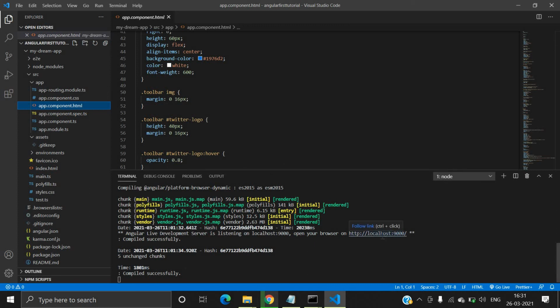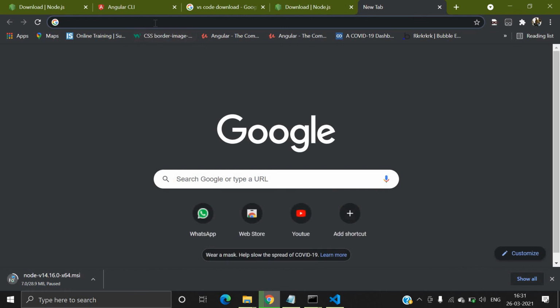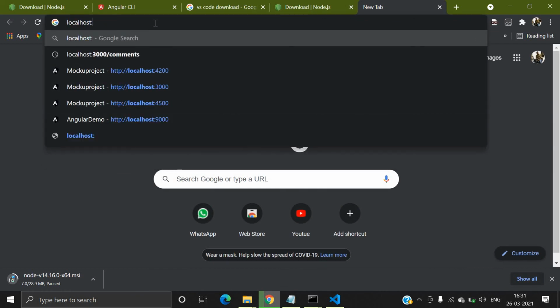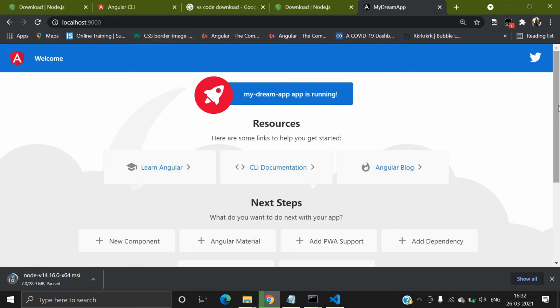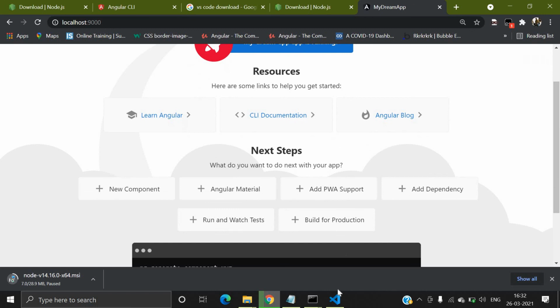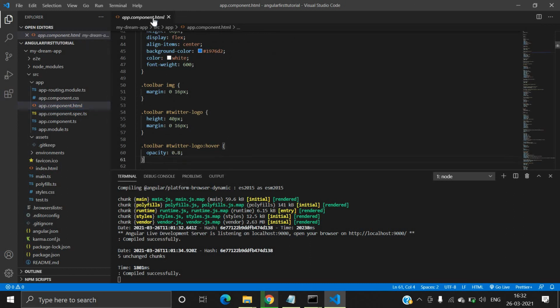We will go to localhost 9000. Now here see, this is the user interface of the official Angular page. So I will remove all those things. Let's go inside the HTML.